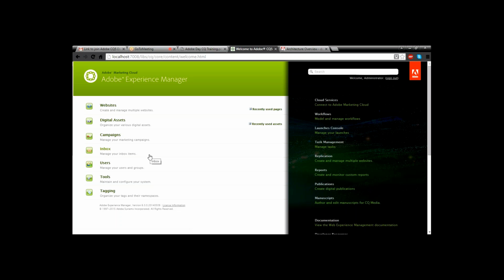And also we can create another agent, that is the dispatcher flush agent. That is used for clearing logs. Dispatcher is another tool from Adobe which is used for load balancing and caching. So we configure the dispatcher, and if there's huge traffic,